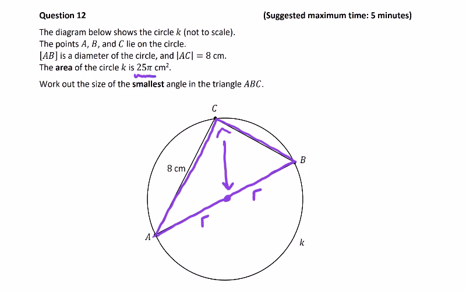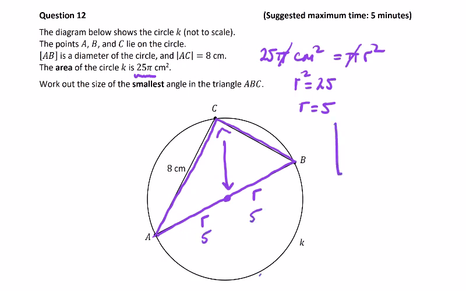We're also told the area of the circle is 25 pi centimeters squared. 25 pi cm squared. This is equal to pi r squared, the area of the circle. Cancel our pi's and get r squared is equal to 25. So the radius must be 5. So then the hypotenuse must be 10. We have a 5 and a 5,